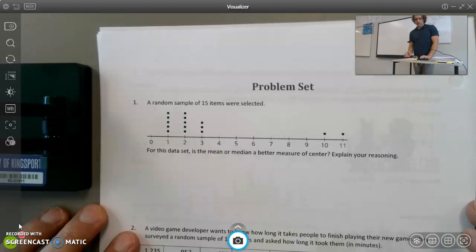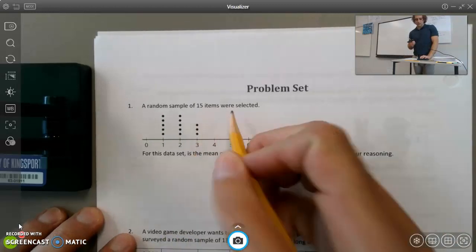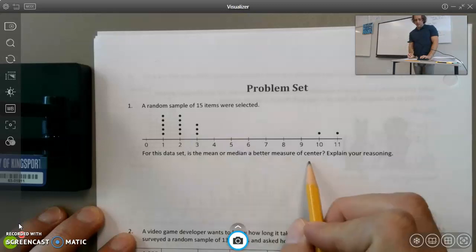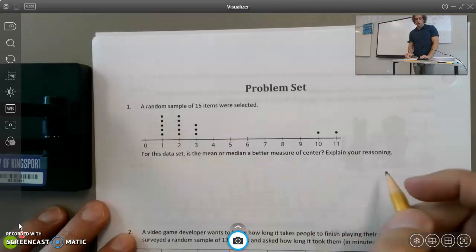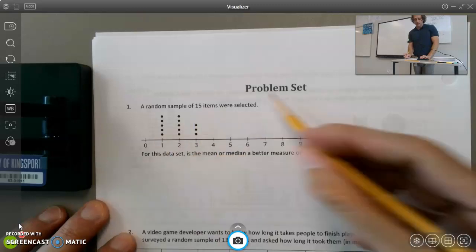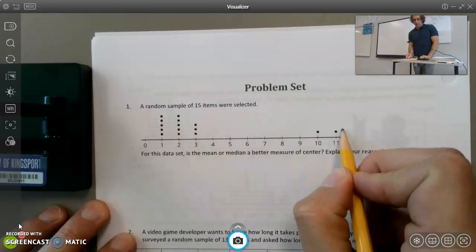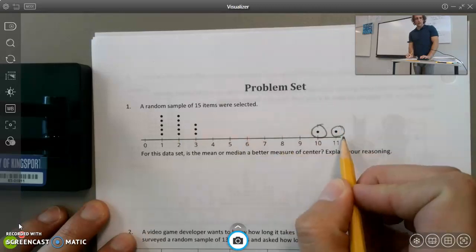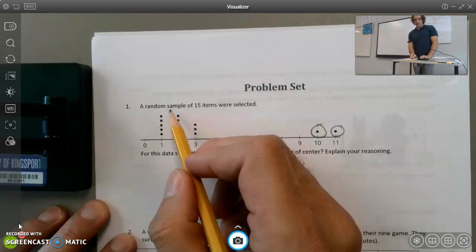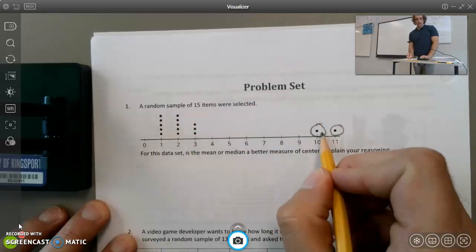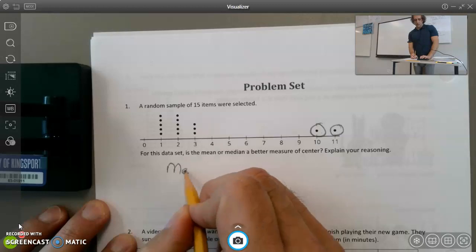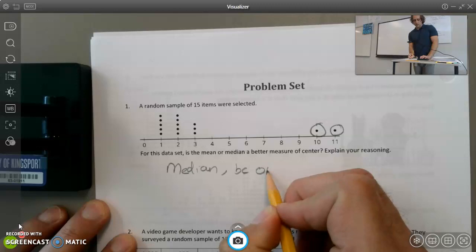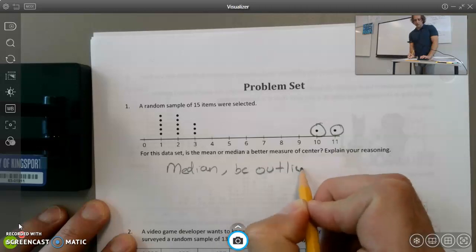Question number 1 asks, a random sample of 15 items were selected. For this data, is the mean or median a better measure of center? Explain your reasoning. As I look at this data, I see most notably some outliers, some pieces of data that are way out, away from where the data is concentrated. And anytime I have an outlier, I'm going to choose median, because an outlier is going to drastically affect our mean